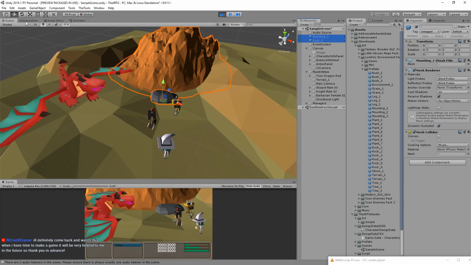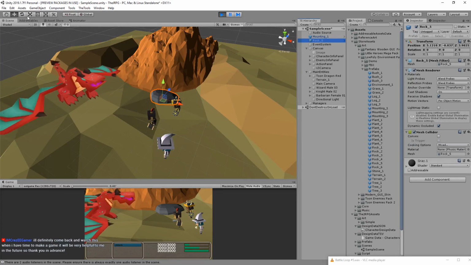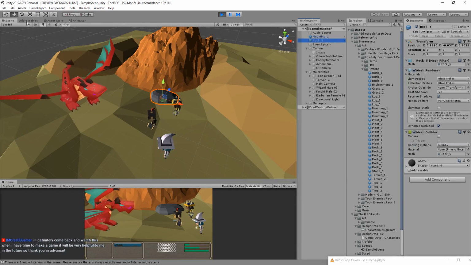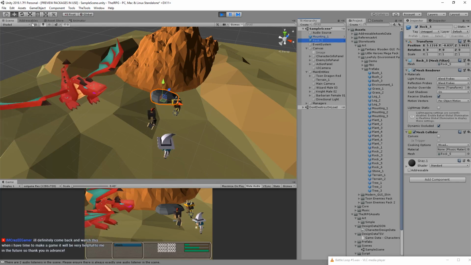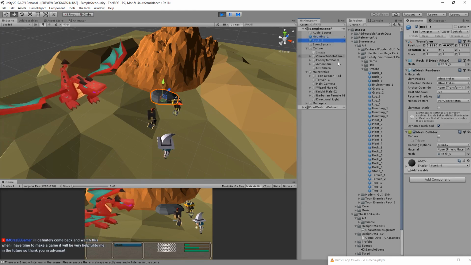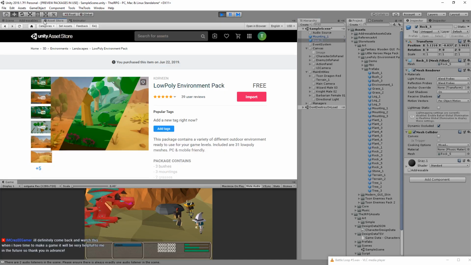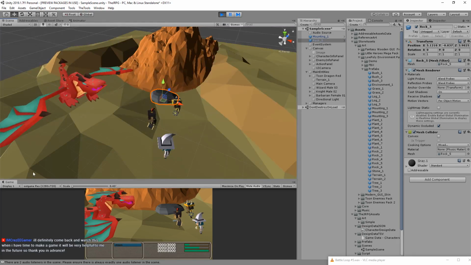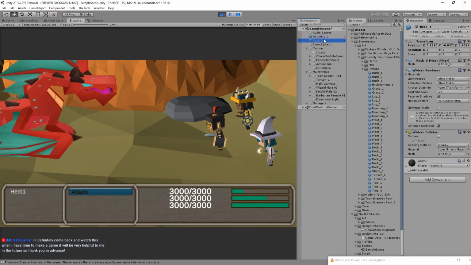So sadly, I put these props in when we were in game mode. This is something I haven't talked about, but in Unity, when you hit play and you start adding things to a scene, as soon as you hit stop, it'll revert any changes you made while play was happening, which makes sense. You might want to tweak things while things are live, but not want them to be sticking. But it is troublesome when you build something that you're like, oh, I really like the way this looks, and then